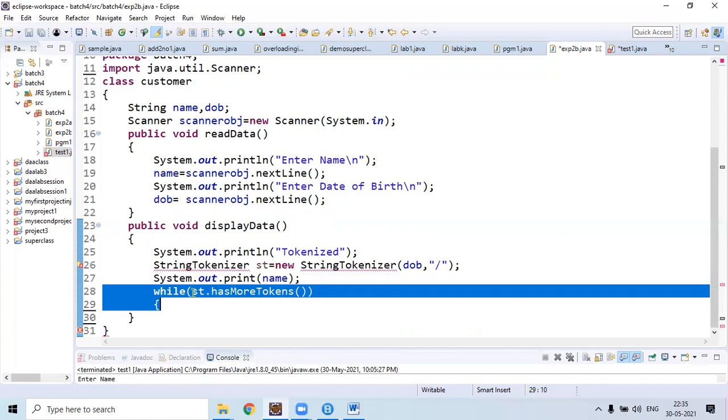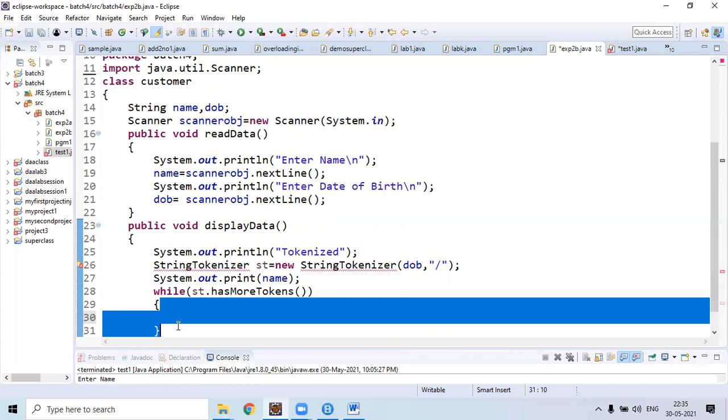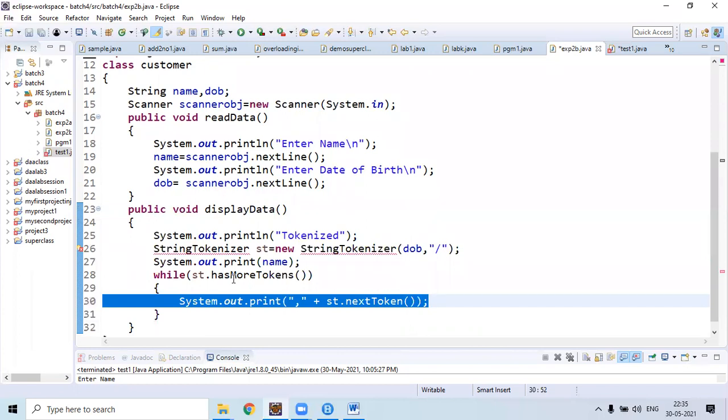In the first iteration, we will get the first token. To extract that particular iteration token, use the method nextToken present in the StringTokenizer class. Use the object st followed by nextToken to take that token.